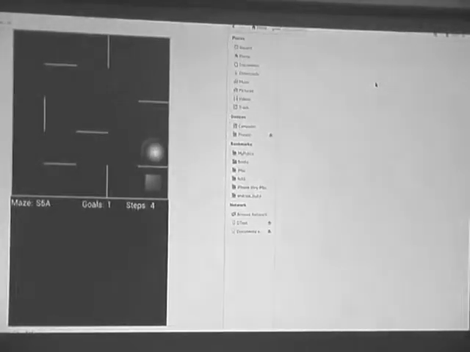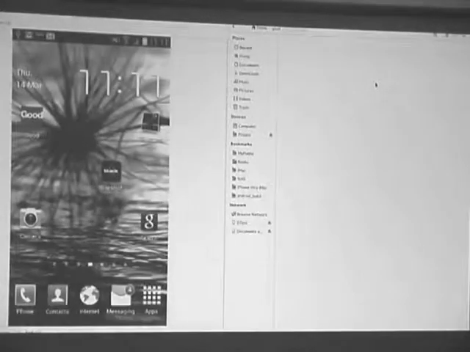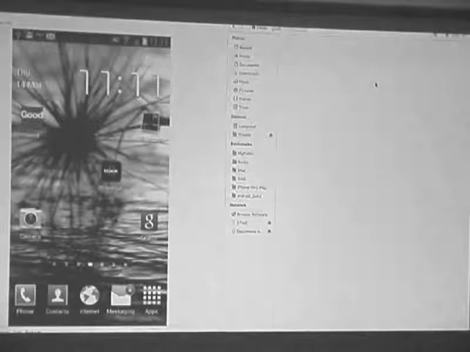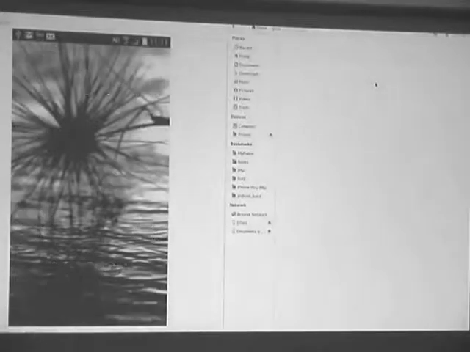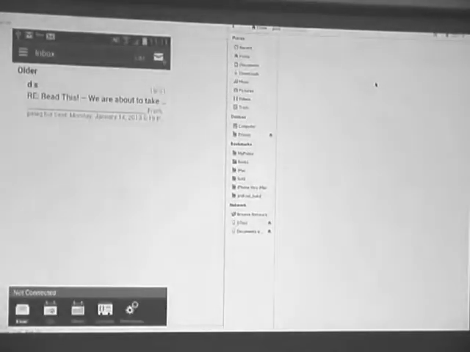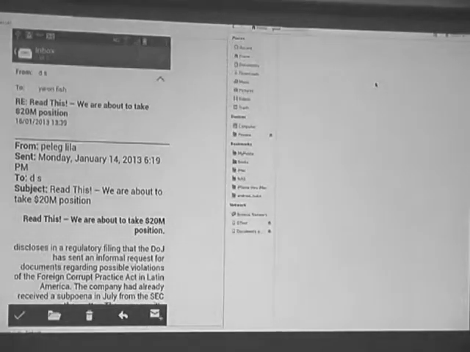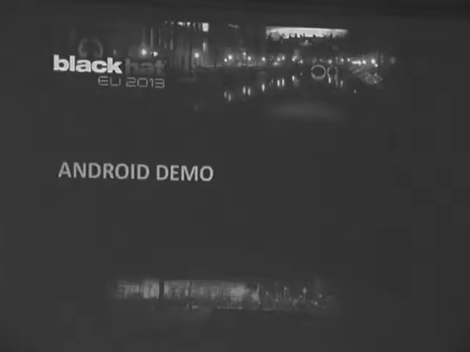Even though the user plays this innocent-looking game, we have a malicious service that continues running in the background. And when the user opens Good and opens the email, as Michael said earlier, there is nothing specific here to Good for Enterprise. This is not some kind of vulnerability or anything of the sort. This is a very generic way to